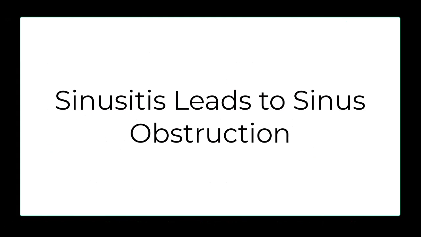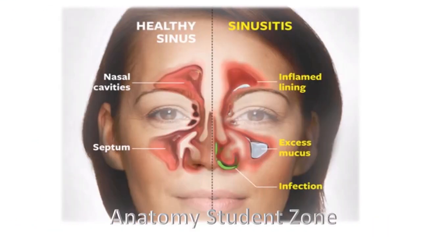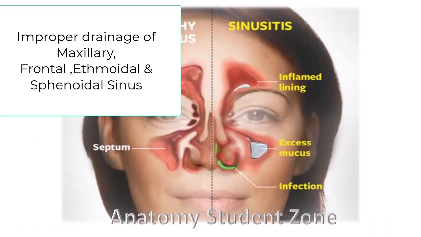And whenever there is a sinus obstruction, the patient presents with facial pain. You know, dear doctors, when the obstruction occurs, it prevents the proper drainage of the maxillary, frontal, and ethmoidal sinuses. It means the frontal, maxillary, and ethmoidal sinuses' function is impaired. They are unable to clear that secretion, and it leads to sinusitis. So, trapped mucus plus increased pressure within the sinus also causes facial pain over the maxillary sinus. This can also be a cause in this case.